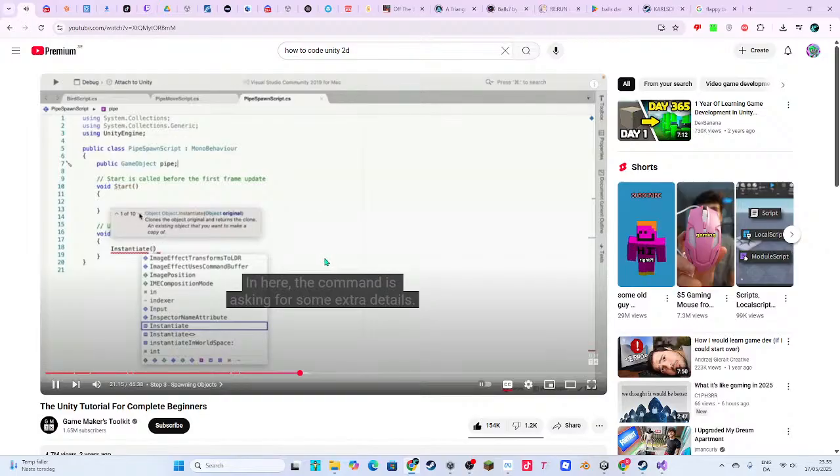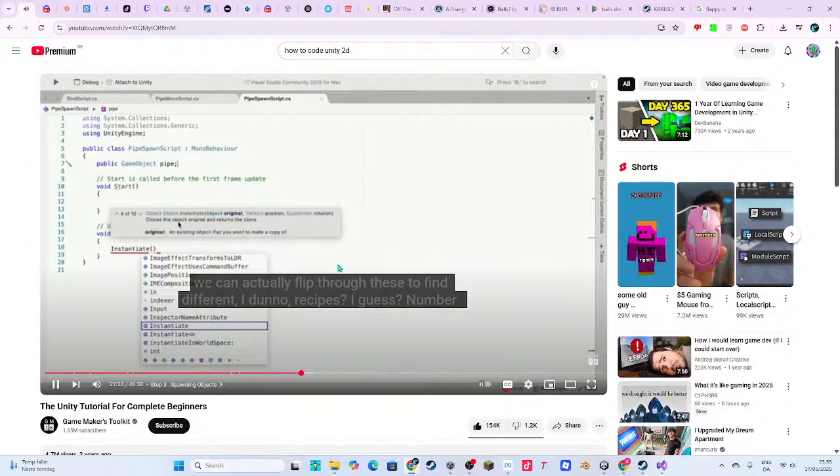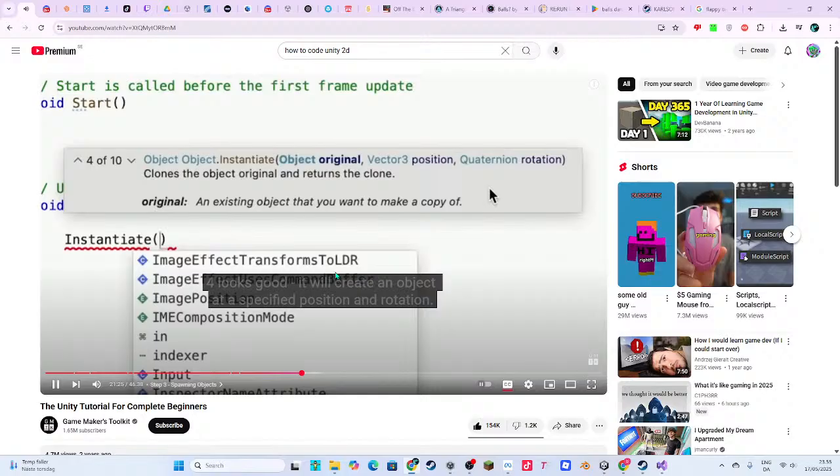In here, the command is asking for some extra details. We can actually flip through these to find different recipes, I guess? Number 4 looks good. It will create an object at a specified position and rotation.